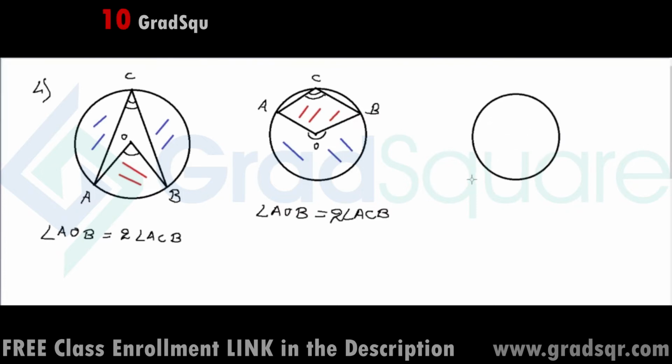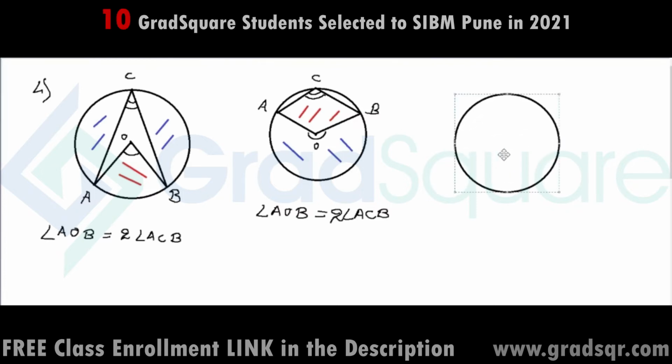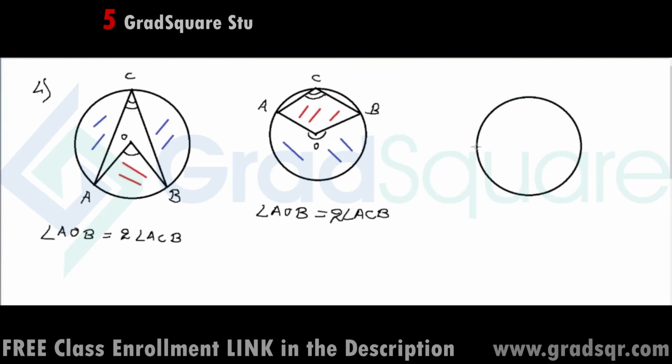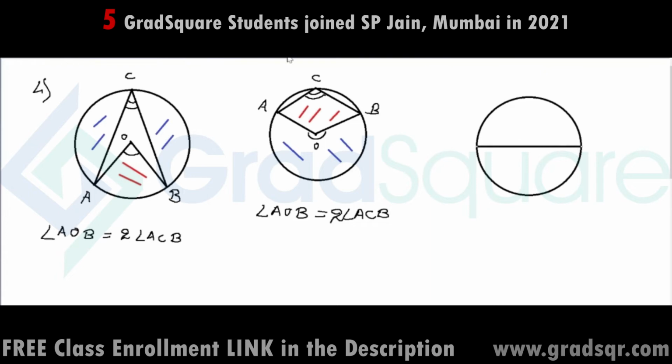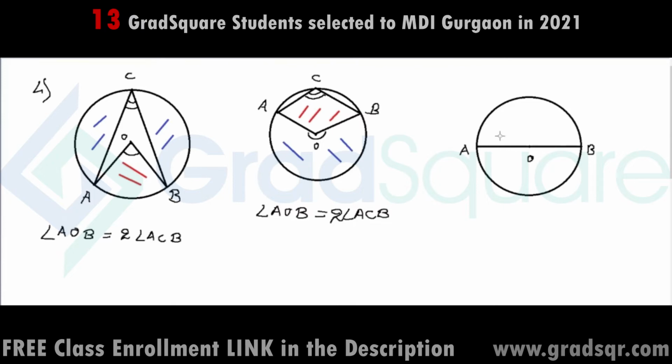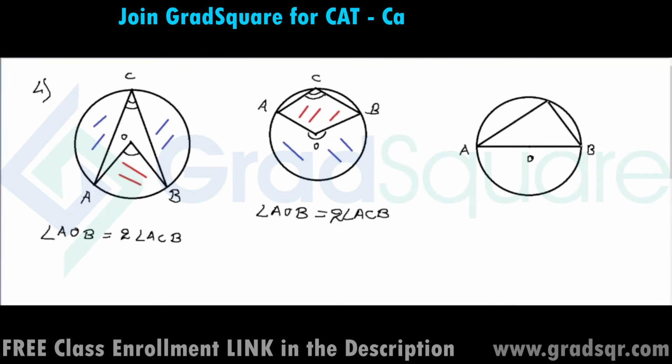Now, if this is clear, this theorem has got a very famous corollary, and I'm sure that all of us are definitely familiar with that corollary. So for that corollary, let me once again take a circle with center O. But this time, suppose I tell you that the points A and B are two diametrically opposite points. Diametrically opposite points means when I join AO and BO, they form a straight line. They form the diameter of the circle.